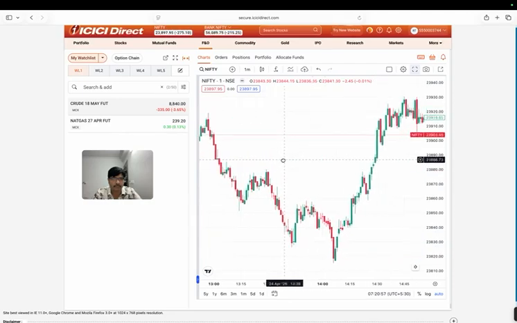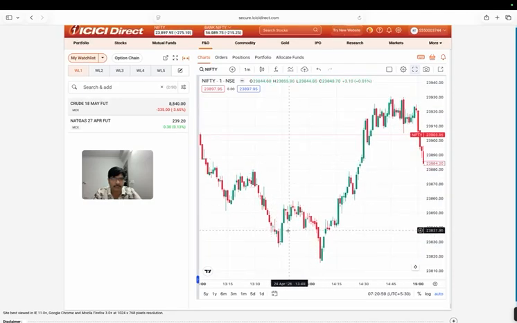Finally, around 2:10 it came to the bottom level, which you have observed is 23,816. So the market from the start to 2:15 has been observed like that, and from 2:10 or 2:25 onwards,